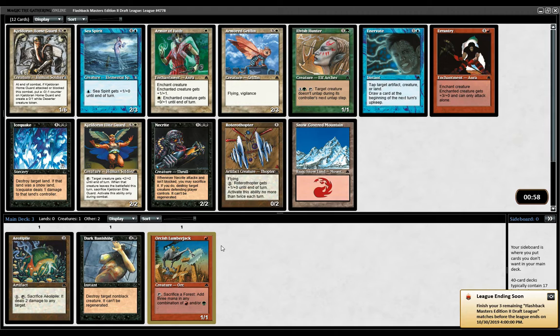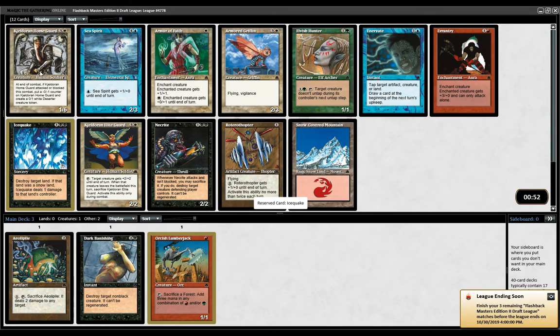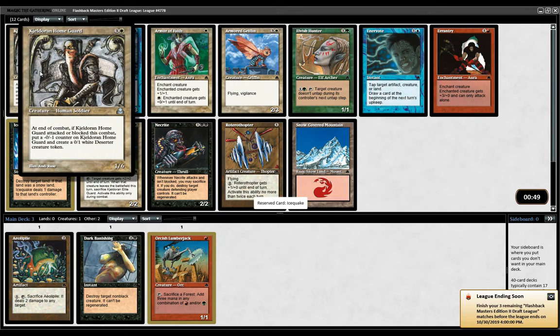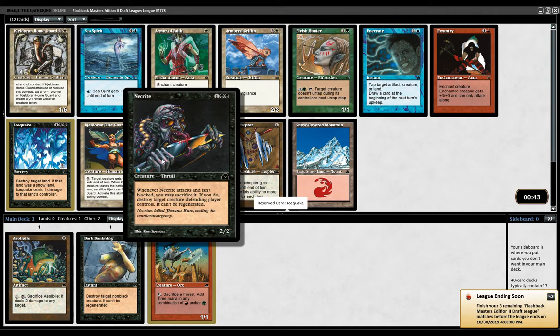I'm going to take the Lumberjack. Oh boy, oh boy, oh boy. Icequake, destroy target land. You got Stone Rain. Let's take a look, though. We might be Jund if you're playing Orcish Lumberjack, because it does want forests. Yeah. Neckrite, which if it hits,